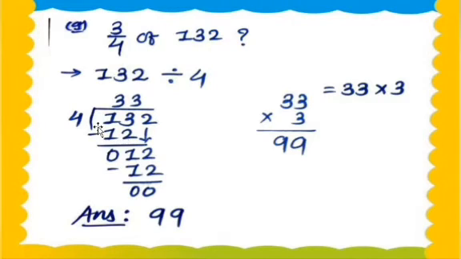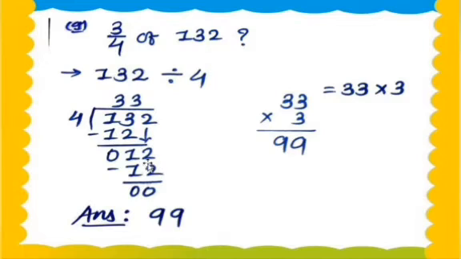12. So 12 will come. Yes, where? 4 1s are 4, 4 2s are 8, and 4 3s are 12. 4 3s are 12, my dear students. So 3 minus 2 is equal to 1, and 1 minus 1 is equal to 0. And now what to do? Then we bring down the further digit. Here we bring down the second digit. Okay, so I am bringing down here the second digit. Got my point, my dear students?